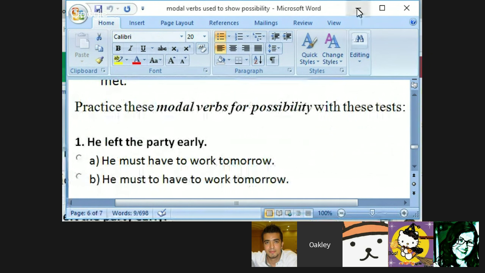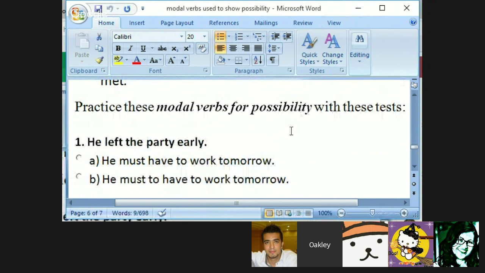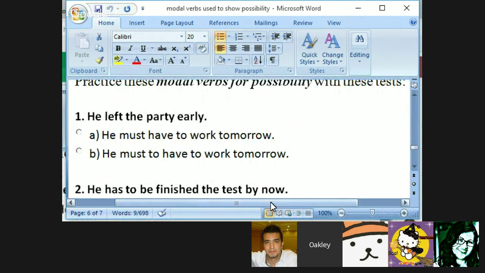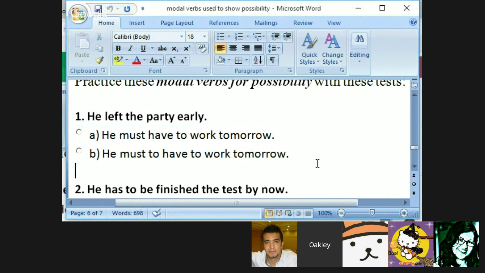Well, sure, why not? Let's try these out. Let's break it up. We'll do an exercise, and then we're going to go back. There's a couple other modals, as Eunice mentioned, should. We'll talk about those in a minute. Let's do this first. Let's break it up so you don't have to listen to me lecture forever. Which option is correct? You have some information, and then you're going to use a modal of probability to think about the option. So let's try this out.